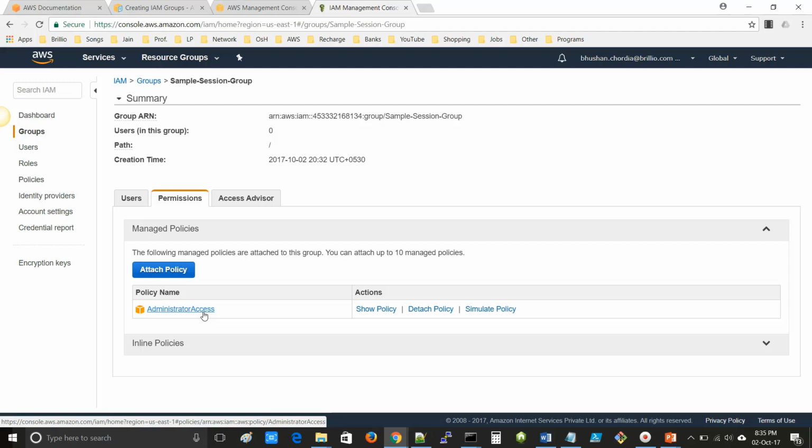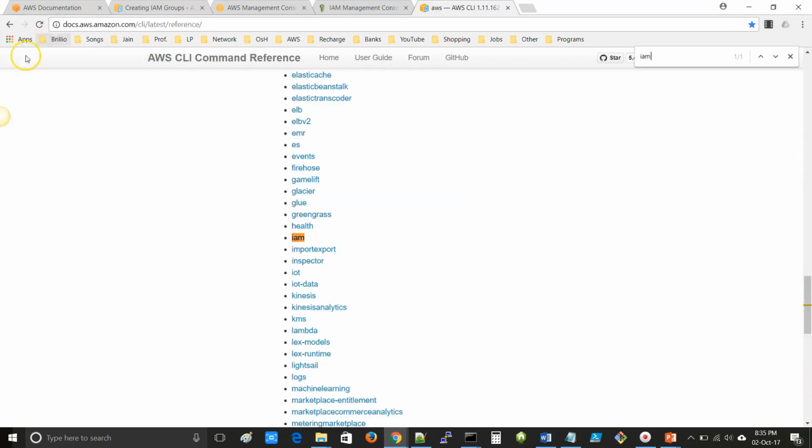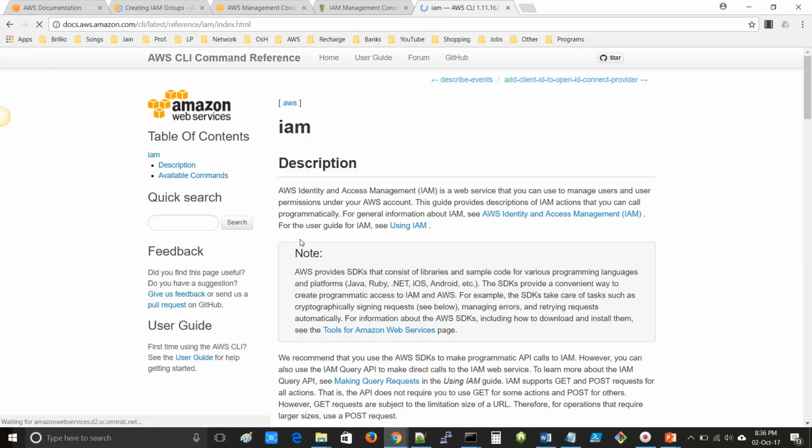Now let's see how to create a group using AWS CLI. So open the CLI link docs.aws.amazon.com/CLI/latest/reference and press Ctrl F and type IAM. Here you can see IAM. So click on IAM.